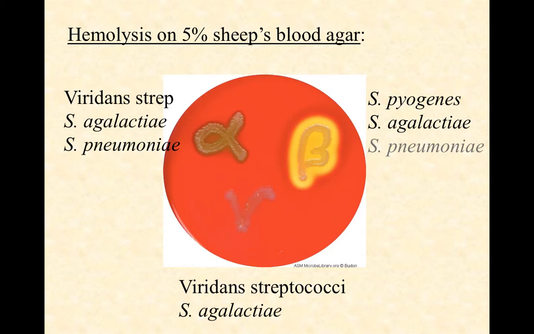And then remember that gamma hemolysis is some smart guy's attempt to make non-hemolytic sound cool. Gamma hemolytic means non-hemolytic, so keep that in mind. We see that some of them can be distinguished quite nicely. For example, we can distinguish Streptococcus pyogenes, group A strep, from the pneumococcus based on its hemolytic pattern on blood agar, because the pneumococcus 99% of the time is going to be alpha hemolytic, and Strep pyogenes is always going to be beta hemolytic. Others, like group B strep, Strep agalactiae, not so easily categorized because there are a variety